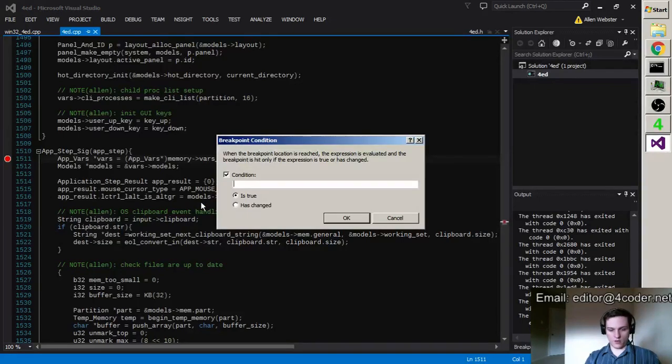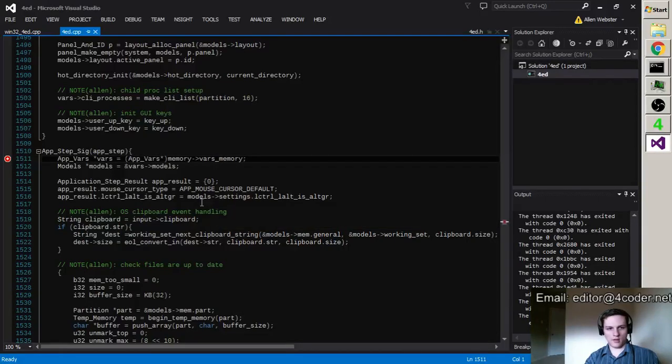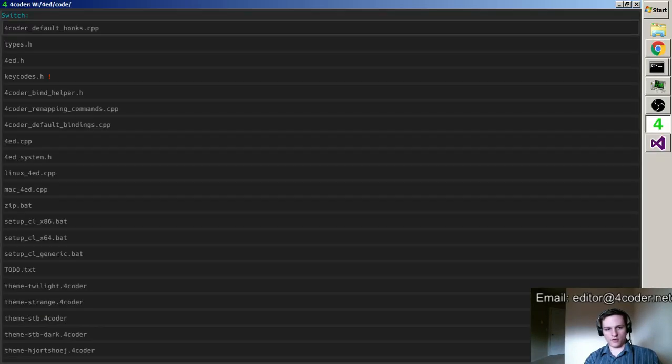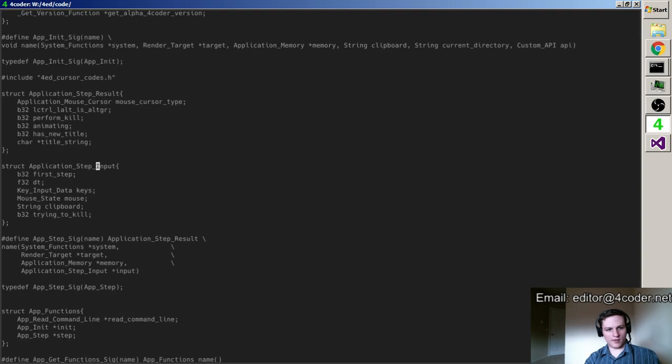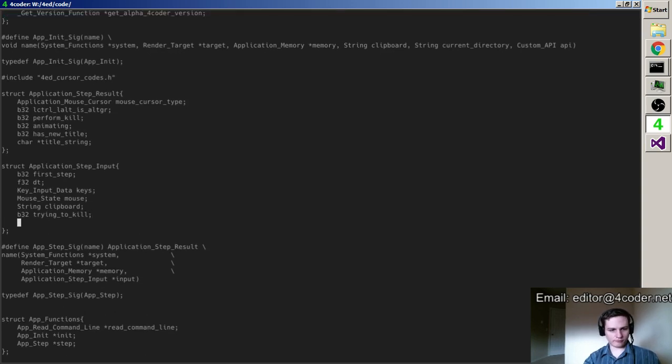So I'm thinking something like this. I want to be able to go input debug number equals 1, and then I'm going to just build that in. That'll become a permanent feature.